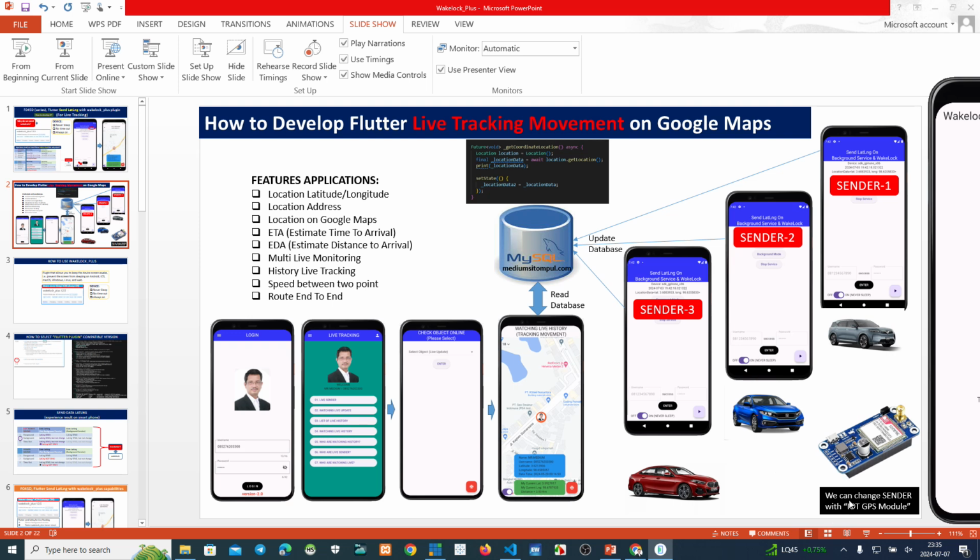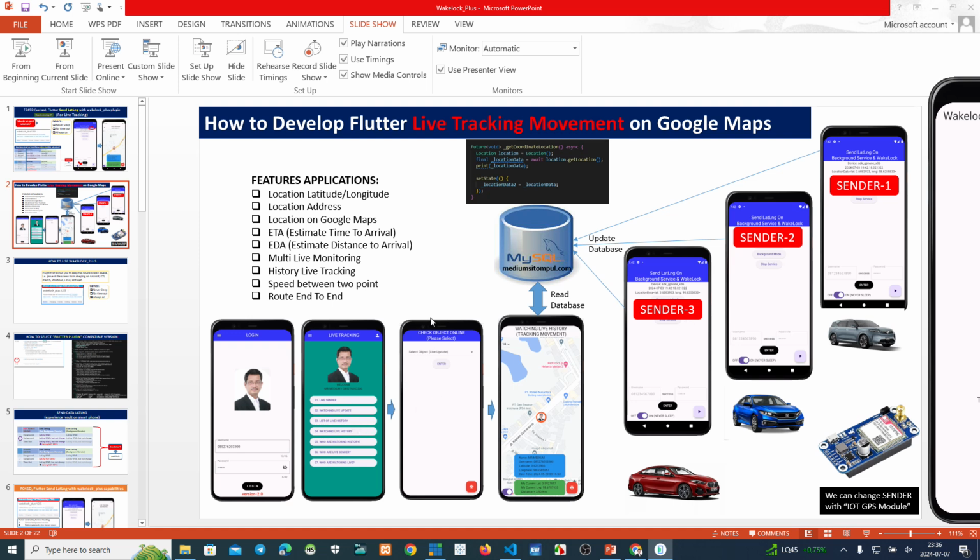We can change IoT GPS module. So if we use this one, okay, maybe cheaper than if we make a smartphone to my vehicle, special for live sender. It means send data location, latitude, longitude to database.